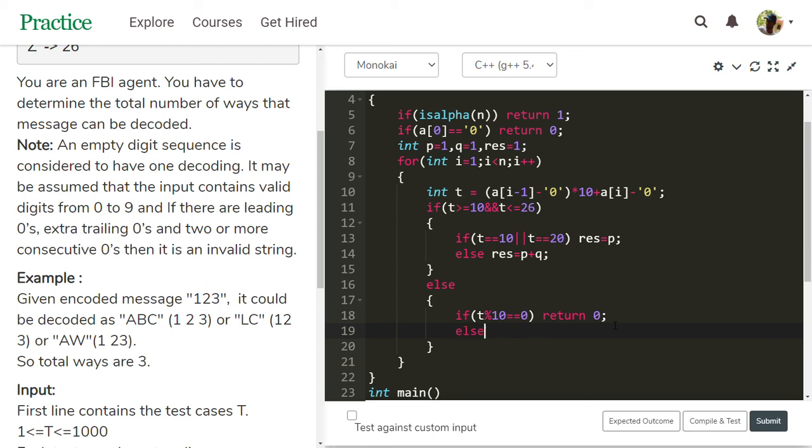Otherwise, else result stores the q value. Previous result will be stored in this res. Then p takes the q value and q takes the res value.